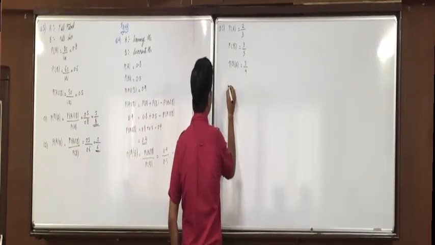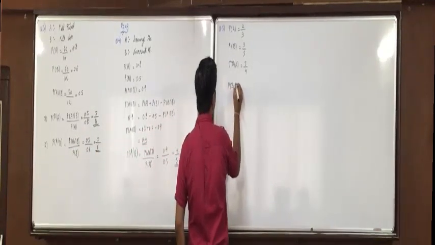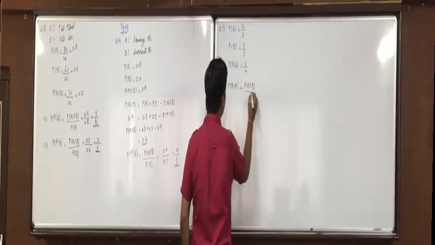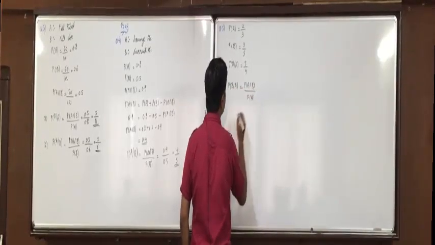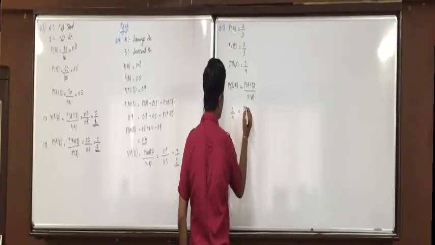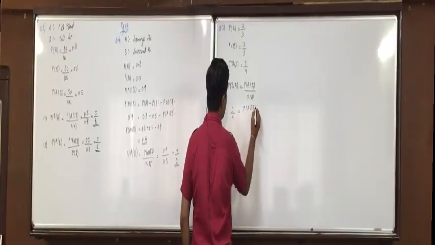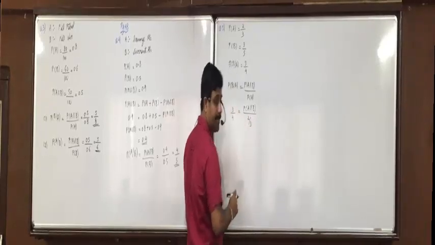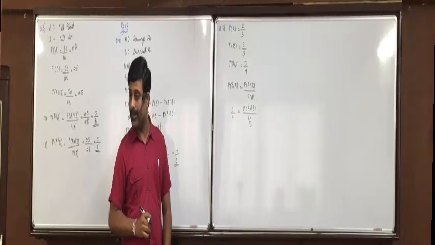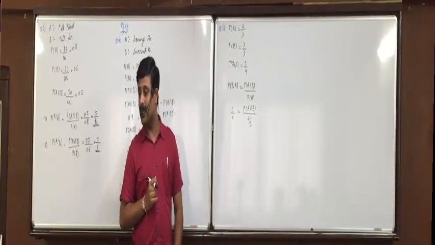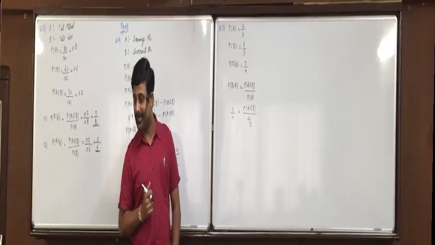So, write down. P of B slash A is equal to P of A intersection B upon P of A. So, B slash A, that is 3 by 4. A intersection B is what we have to find. For P of A, that is 2 by 3. Okay? So, at least copy the things.